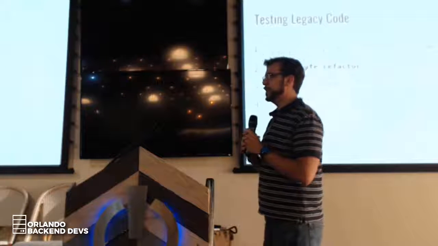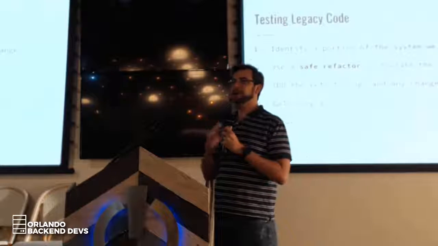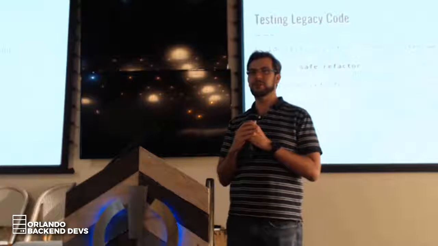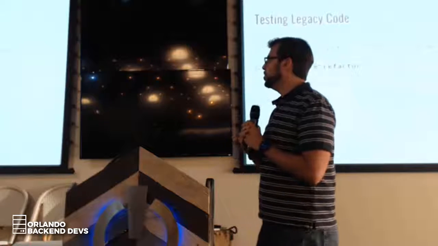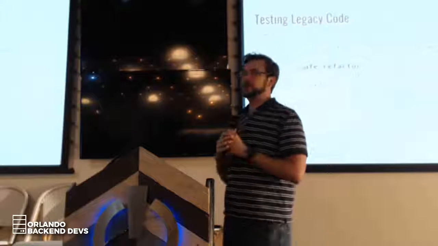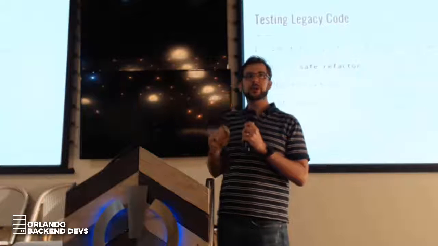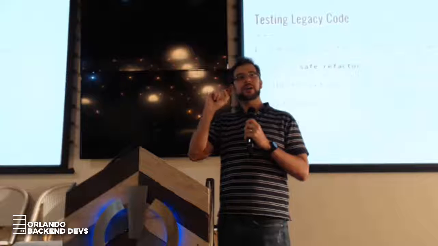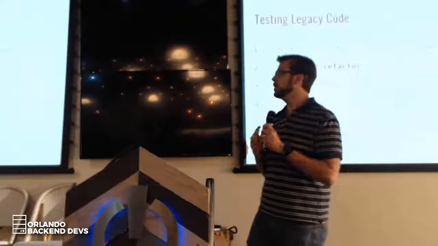But the basic pattern that you take is, step one, you don't try to boil the whole ocean. You don't try to change it all. You might want to. Believe me, I have. But you first identify a portion of the system you want to change, a snippet of the code, just one little thing. You have the bug report. You identify, say, the 5 lines in the system where the bug is. Okay, you've identified the portion.